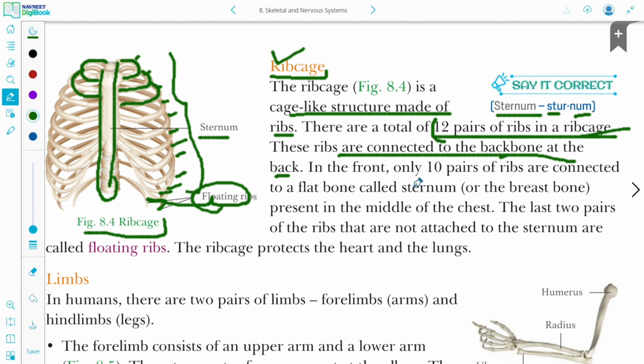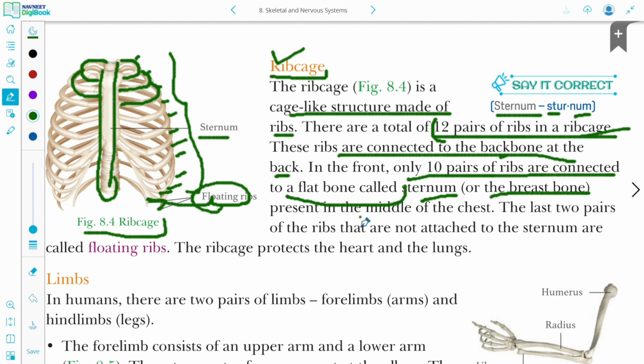और जो 10 पेयर ऑफ रिब्स होती हैं, वो किससे कनेक्टेड होती हैं? एक फ्लैट बोन से कनेक्टेड होती हैं जिसका नाम है क्या? स्टर्नम. ठीक है, 10 रिब्स आप देख लीजिए यहां से काउंट करके. ये जो 10 रिब्स हैं ये किससे कनेक्टेड हैं? स्टर्नम से कनेक्टेड हैं. और द ब्रेस्ट बोन, स्टर्नम को हम क्या बोलते हैं? एक और नाम क्या है बच्चे? द ब्रेस्ट बोन. ठीक है,